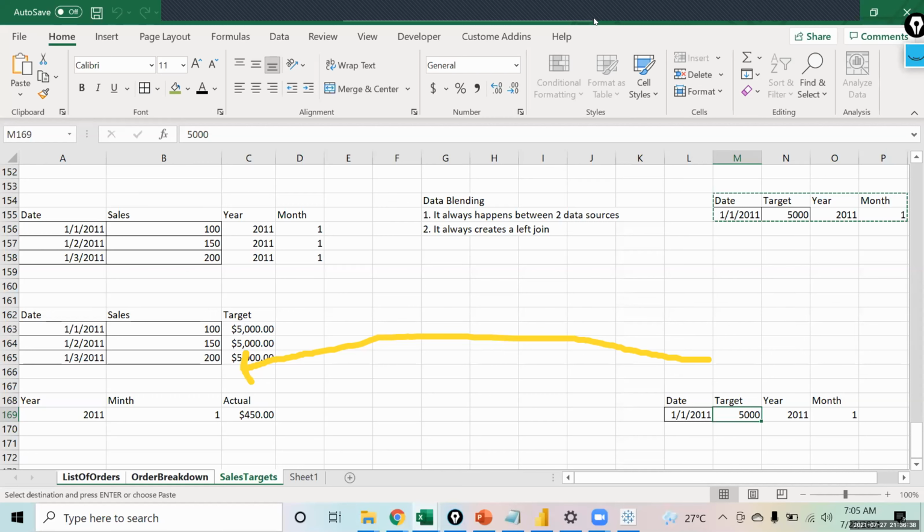Amit, one quick last question. We got the concept of joins and blending. Joining is just comparing two data sources based on a common column and retrieving the data according to the type of join. And you said blending is grouping the data first and then joining it. In which scenarios do we use joins and data blending?